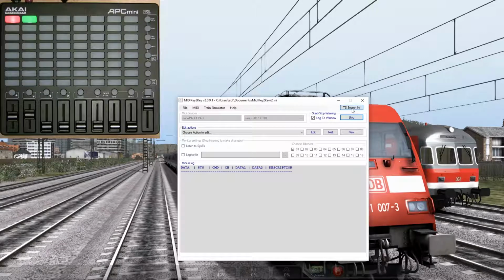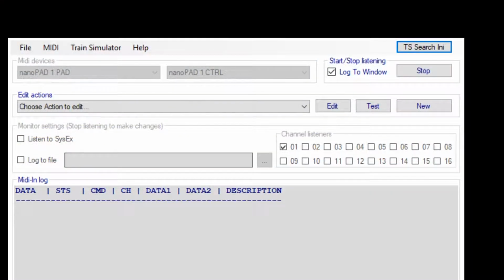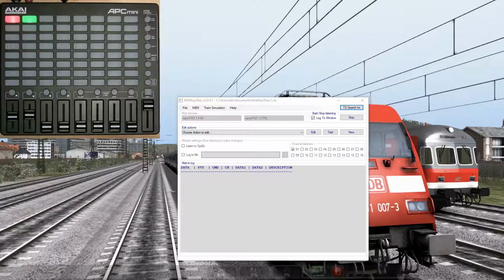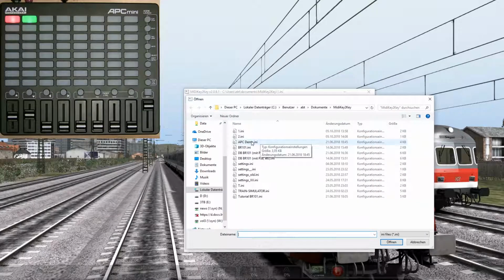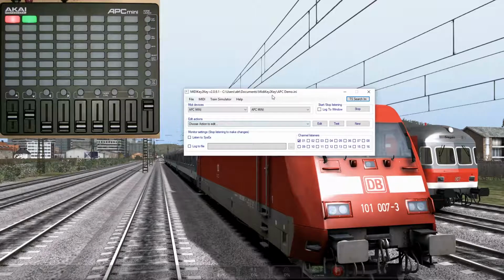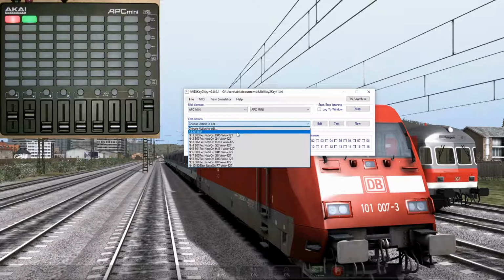So now if you use this button, it will search all the inis and see if it detects this loco name. And if so, it doesn't tell you anything, it just loads the ini. As you can see, this one changed to 1. If you didn't see this, unfortunately, this does not record the title bar, so I left this on the desktop recording mode. Again, I load a custom ini, whatever, APC demo, and then this time I hit auto search ini, and as you can see,